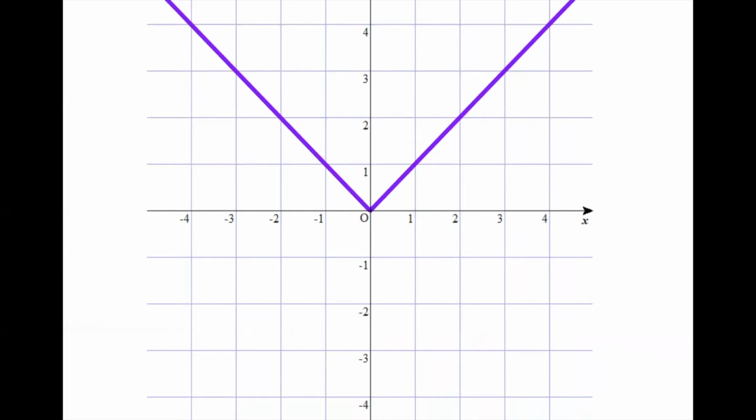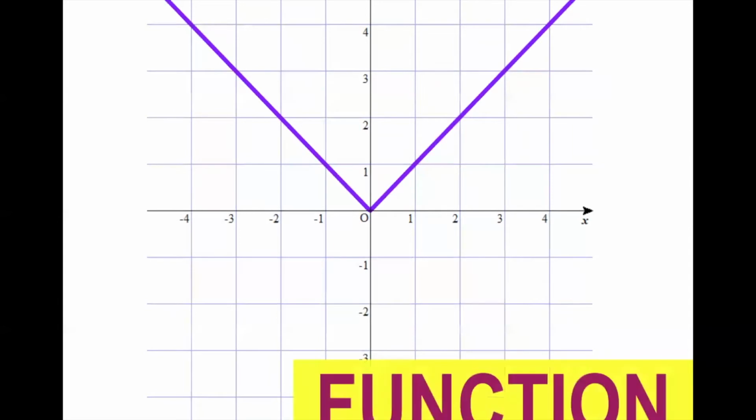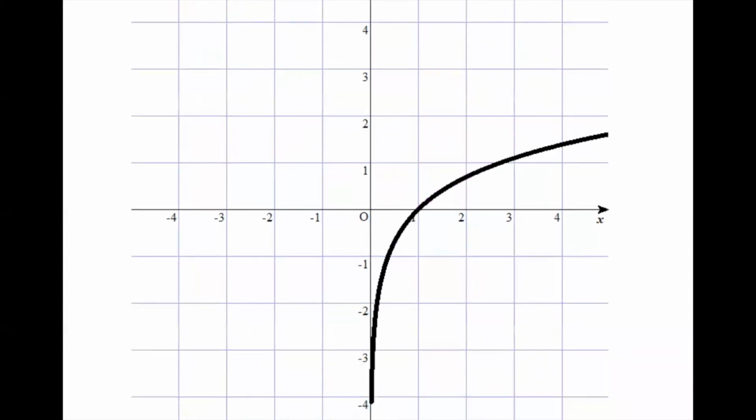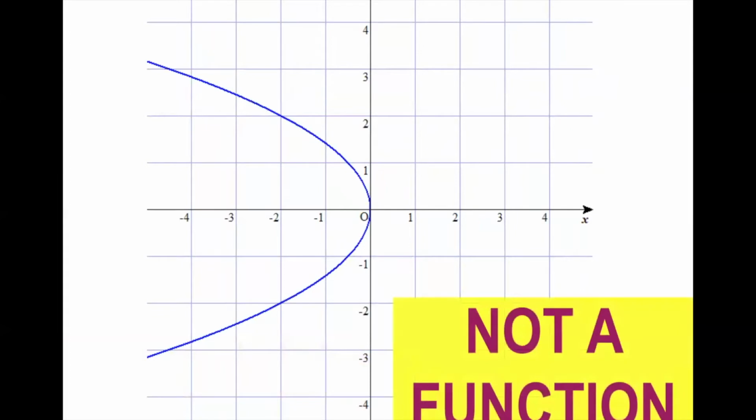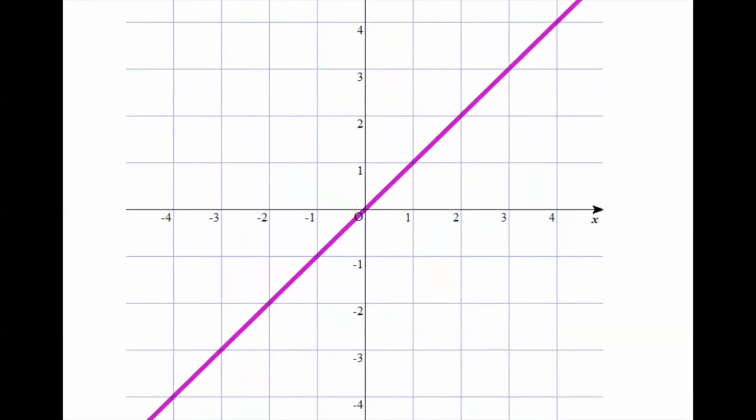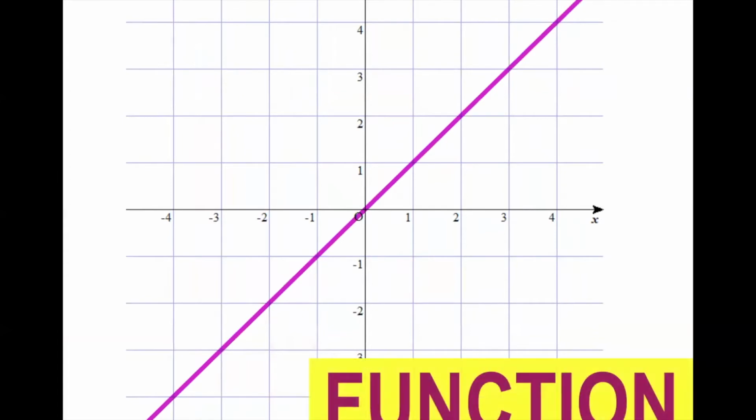So you have this graph. Is it a function or not? Yes, it's a function using the vertical line test. Same with this one. And this one, function or not? A parabola opening to the left is not a function. How about this one? A diagonal line up to the right, also still a function. We have what we call